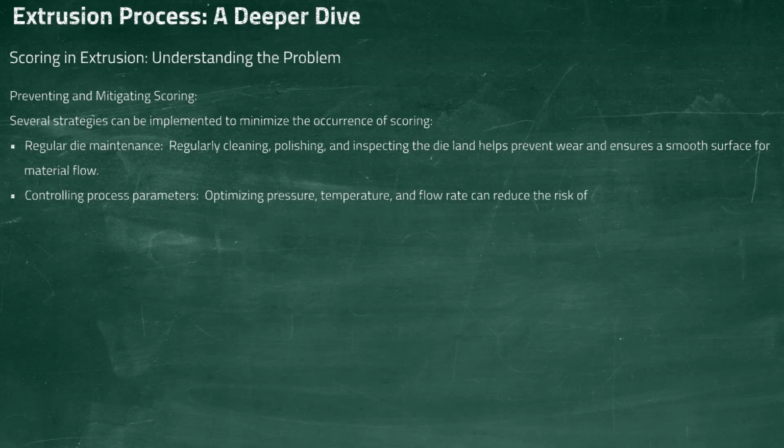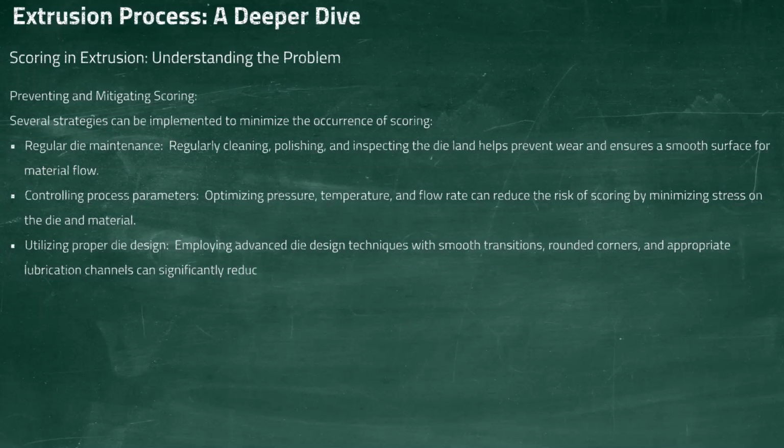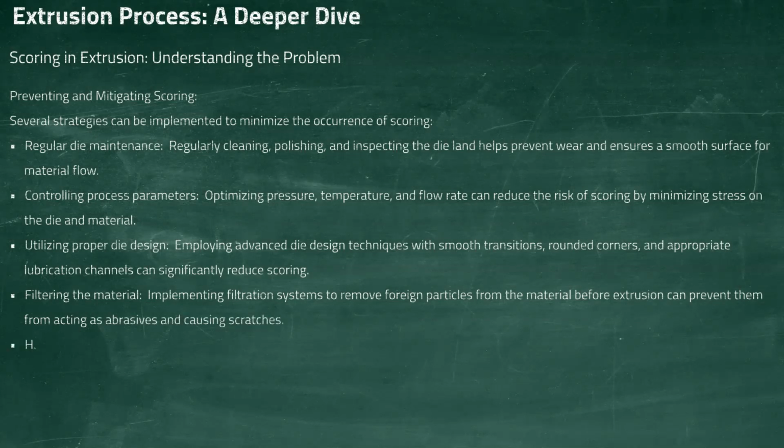Optimizing pressure, temperature, and flow rate can reduce the risk of scoring by minimizing stress on the die and material. Utilizing proper die design. Employing advanced die design techniques with smooth transitions, rounded corners, and appropriate lubrication channels can significantly reduce scoring. Filtering the material. Implementing filtration systems to remove foreign particles from the material before extrusion can prevent them from acting as abrasives and